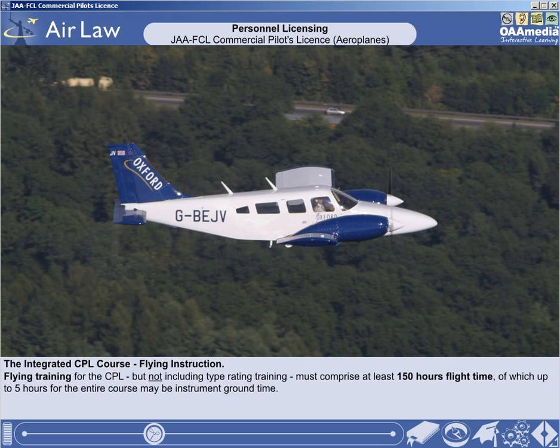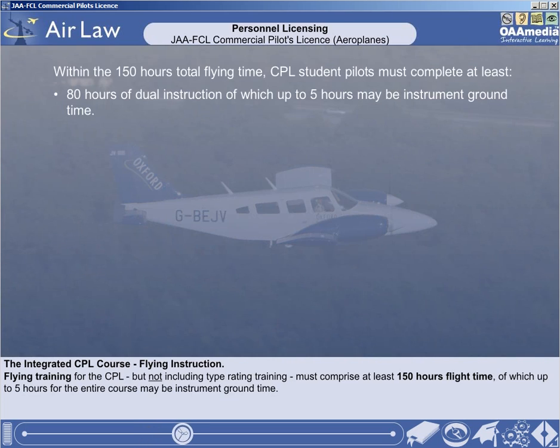Flying training for the CPL, but not including type rating training, must comprise at least 150 hours flight time, of which up to 5 hours for the entire course may be instrument ground time. The 150 hours may include progress tests. Within the 150 hours total flying time, CPL student pilots must complete at least 80 hours of dual instruction, of which up to 5 hours may be instrument ground time,